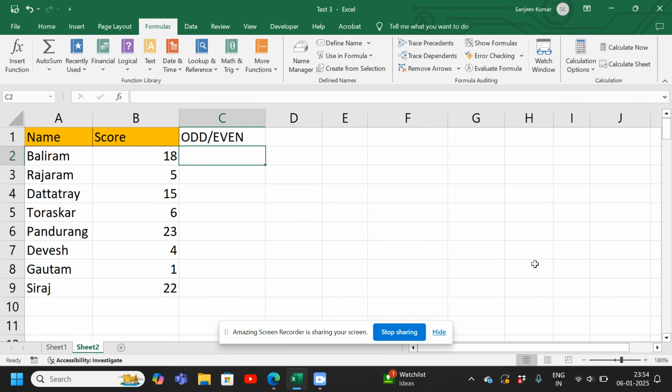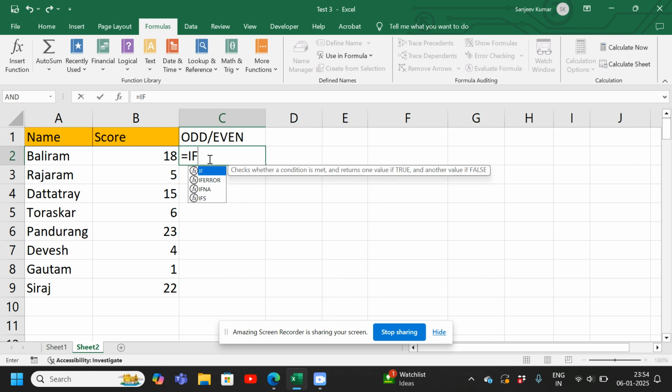Hello friends, in this video I will show you how to find which numbers are odd and which numbers are even in Microsoft Excel. So here this number is 18, and to find if it is odd or even I will write equal to, and I will use this IF function, and inside this for logical test I will use